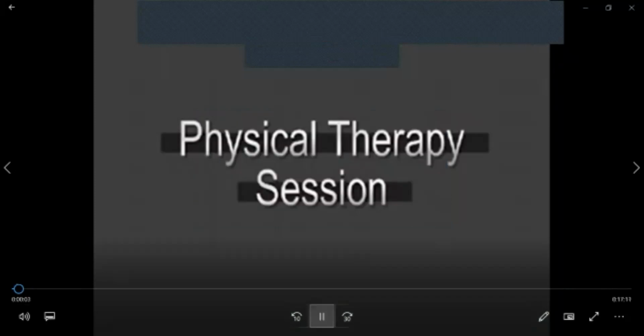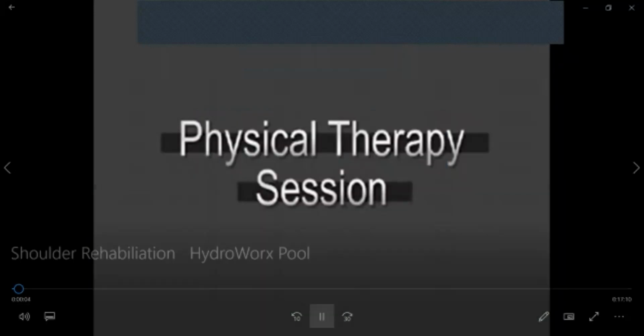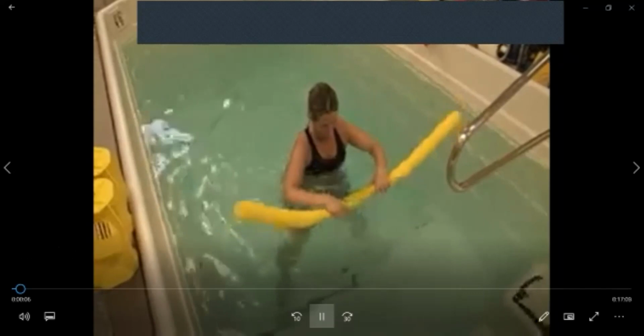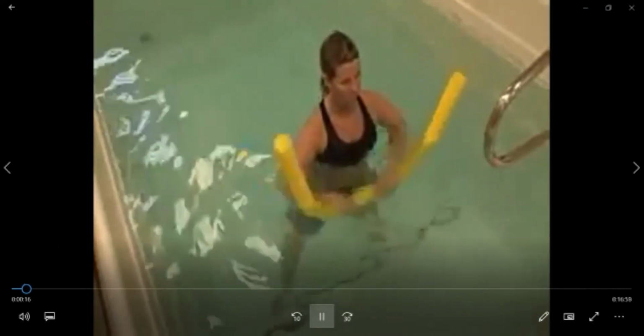Easy for her at this point, but it's just a good shoulder exercise. One other thing that we had done in the beginning too was just some noodle push downs in the front and at the side. You want to just show a couple of those? And those are really very easy for her at this point, but it's just a good beginning